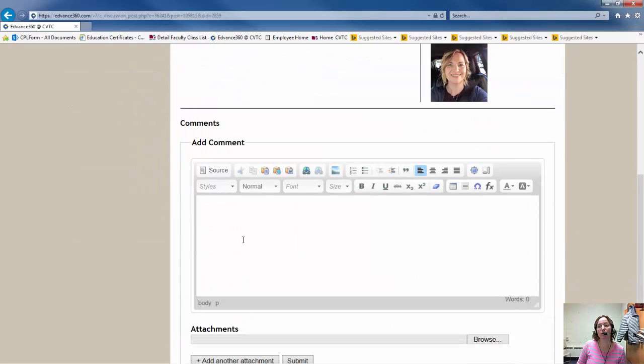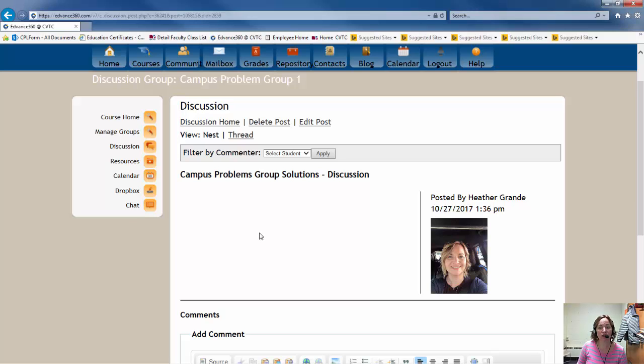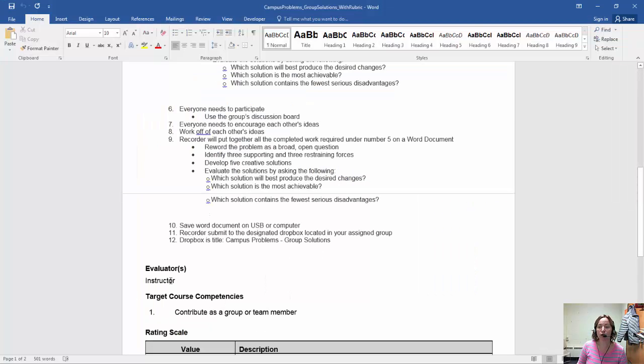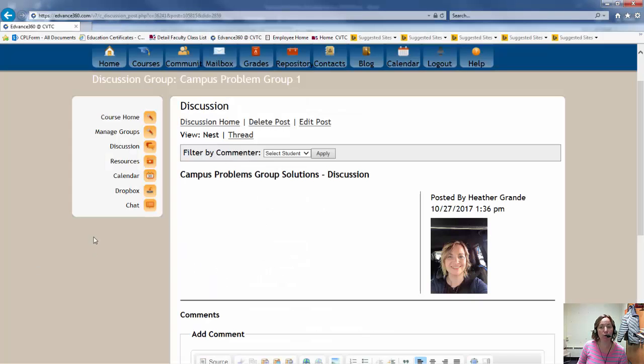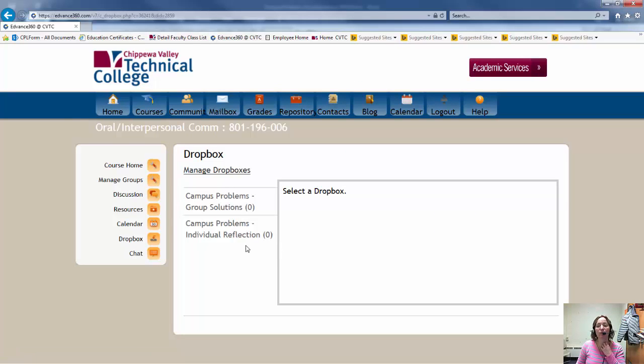Each member of the group can communicate using this, and I want you all to use this so you can accomplish this assignment. Once you've decided on who the designated recorder is, you have worked through rewording the problem and all the other steps required in the brainstorming technique, your recorder will submit to the Dropbox in your small group. So if you'll see the Dropbox button here on the left-hand menu, you will see Campus Problems Group Solutions. That is where you will submit your group's